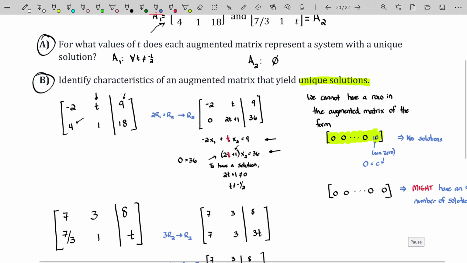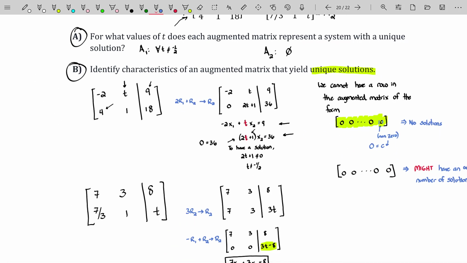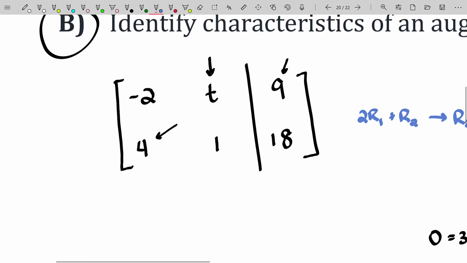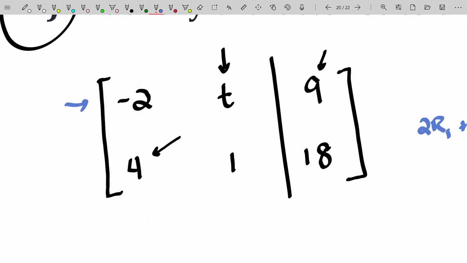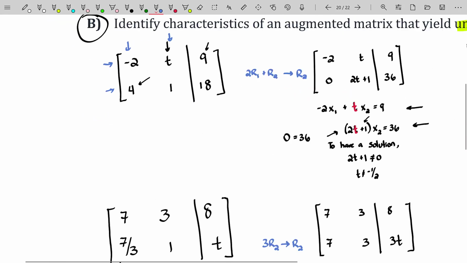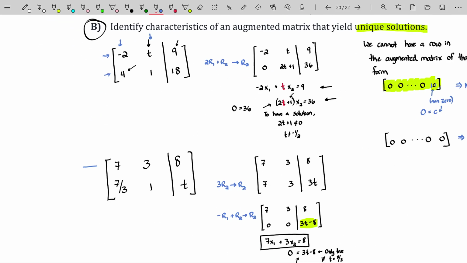Now, honestly, this doesn't really help us out a ton, but one thing we can say about the unique solution situation, if we have the same number of equations as we have variables, well, then that actually can constrain it enough where we can have a conversation. So notice I have 2 equations and 2 variables. The same thing with the second system. It represents 2 equations with 2 unknowns.